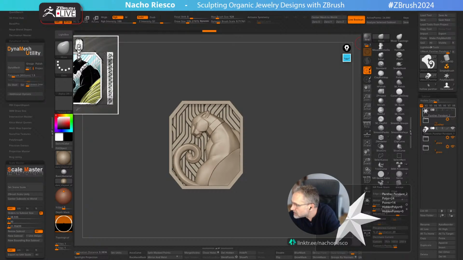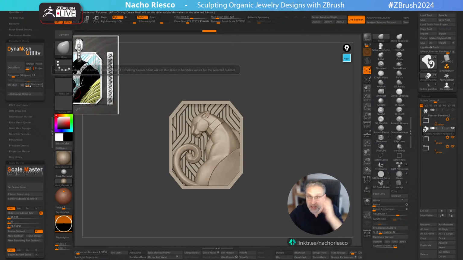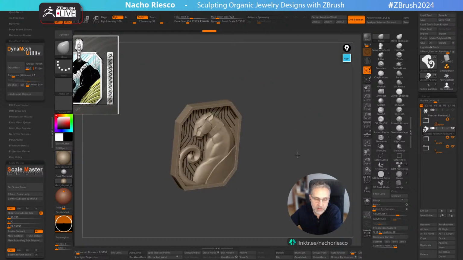I used the shell a couple of times, but without that plugin, and you need to mask the zone that is going to be Boolean. But this is the good thing about this plugin, it makes all that stuff for you. So it just tells ZBrush how thick we want the wall thickness, and the plugin does the rest. You can find this plugin inside of the plugins, C plugins download folder